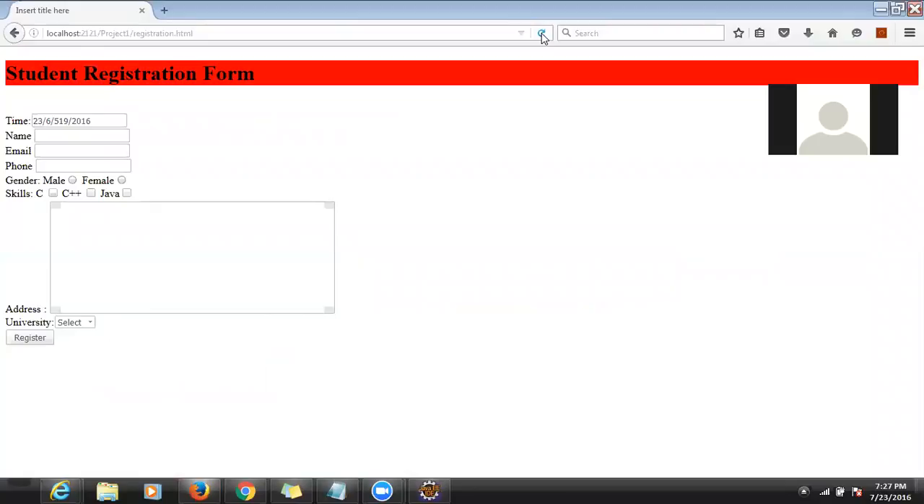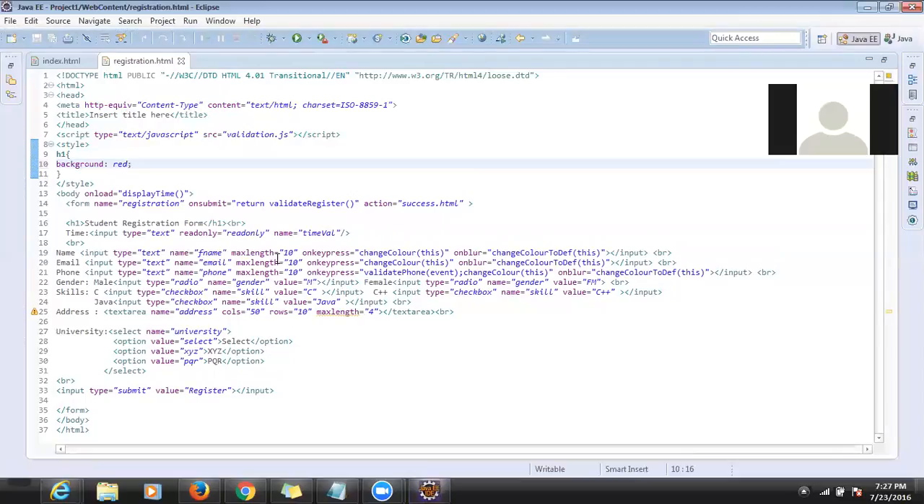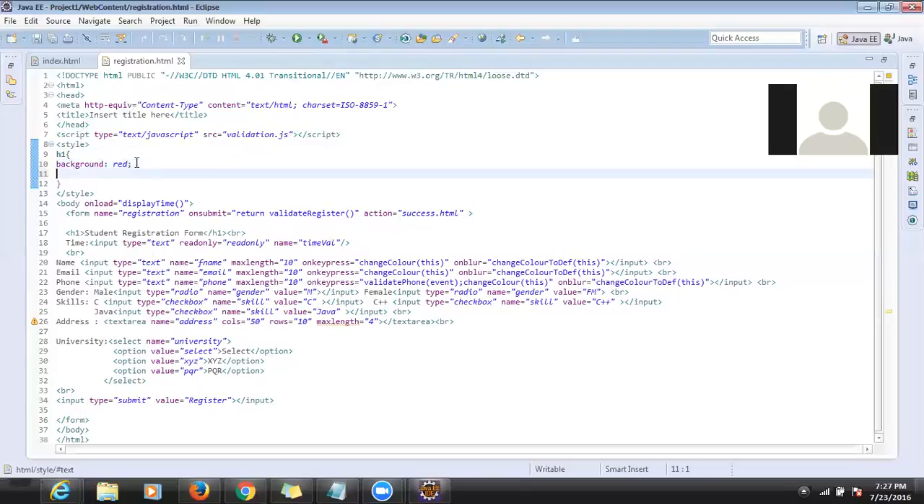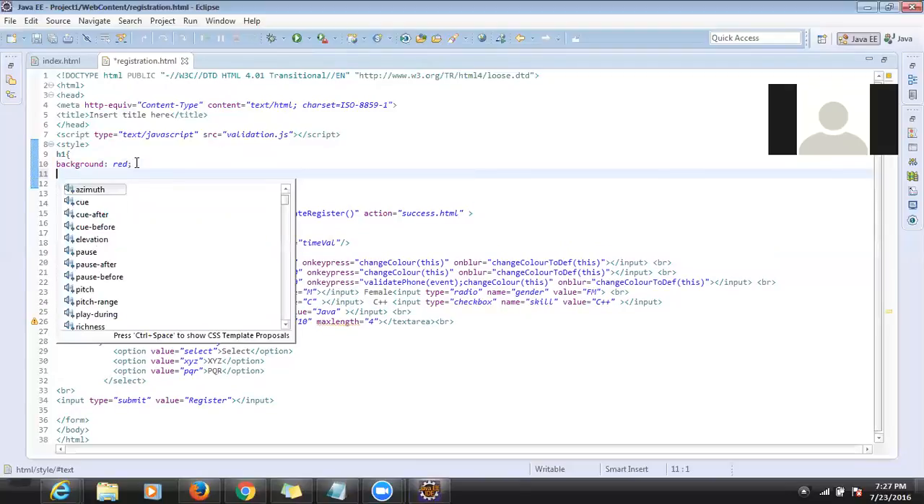So red. Okay, so this is the one way. This is the second way to change the colors. There are so many other tags also. So let's suppose take here and